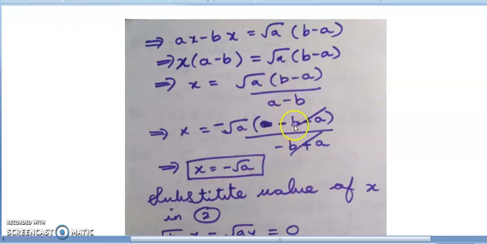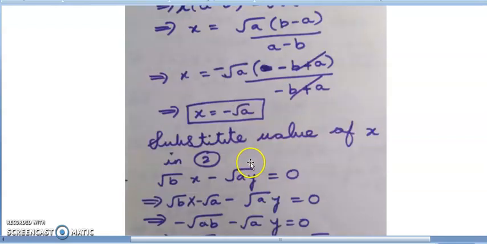So minus b, and here I have taken minus common now. So minus into plus is minus. Here I have taken minus common since I'm writing minus here, because minus into minus is plus. And since I've taken minus here, here it will become plus a because minus into plus is minus. So here also I have minus b plus a, and this a minus b is nothing but I can write it as minus b and plus a. So I'm writing a minus b as minus b plus a. Now both will get cancelled. So what am I left with? x is equal to minus root a.